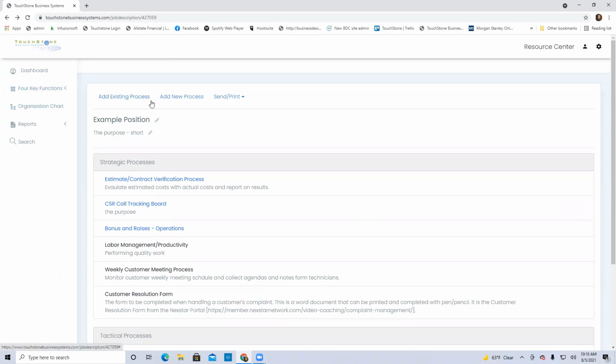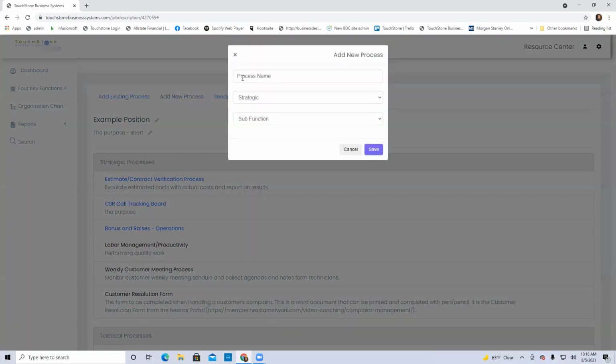The next way is to add them directly to the job description. So that's this toolbar item right here, add new process. If I click this add new process, TouchStone's prompting me for the process name. So you put in the title, name of the process,